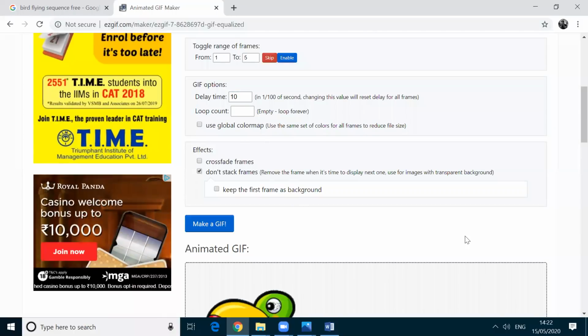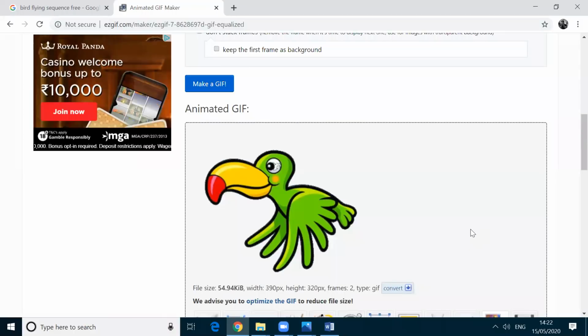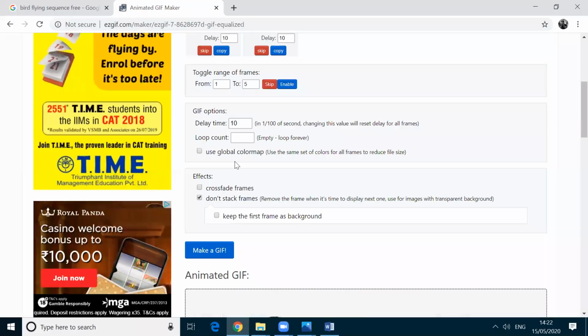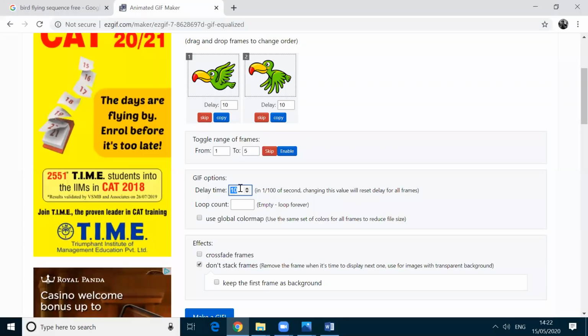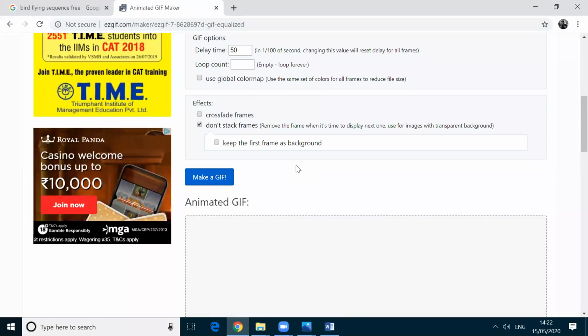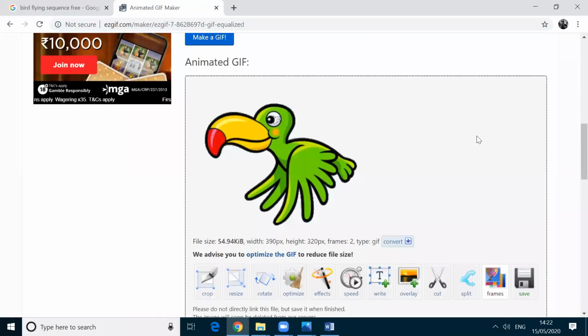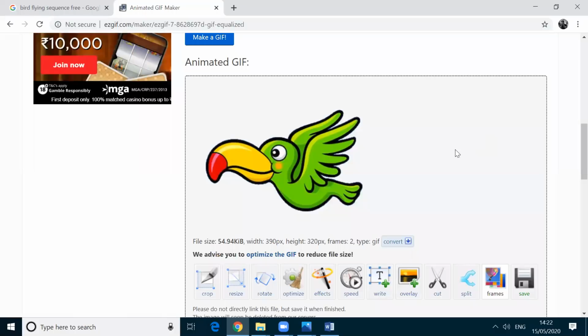See the speed. Okay. Now I'm going to give 50, increasing the delay time. Now I'm checking. Okay. Now I have created one animated GIF.